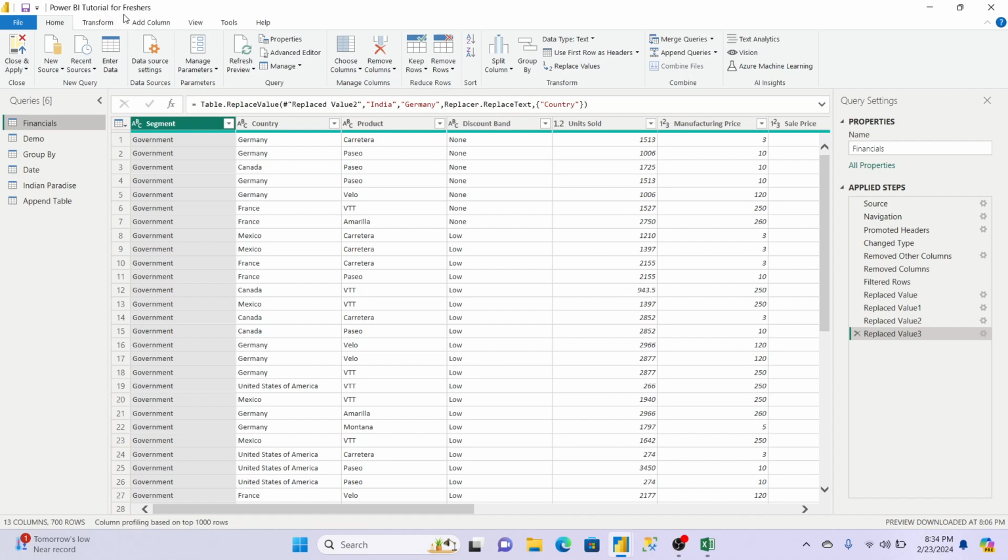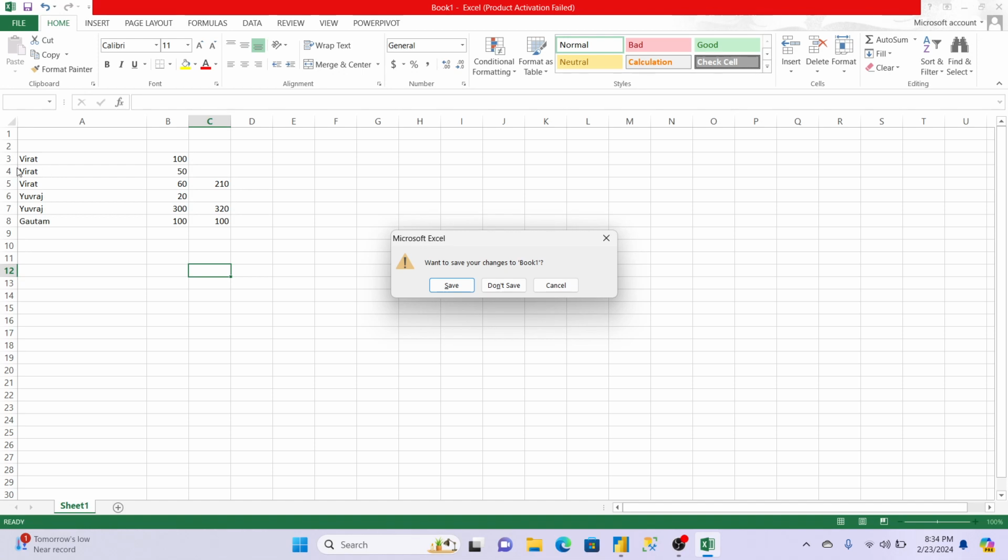Okay. So till now what I have told: remove rows, top and bottom rows, then sorting, split. Group by also I have told you, replace values in 3 to 4 ways, and append query as well. In this, replace and append are interview questions, 100% they will be asked. Even group by is also important. At least they will ask you the concept. What I have told you here, now you can tell this concept also.